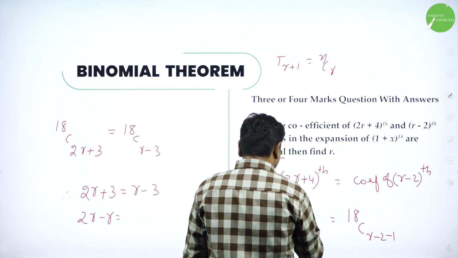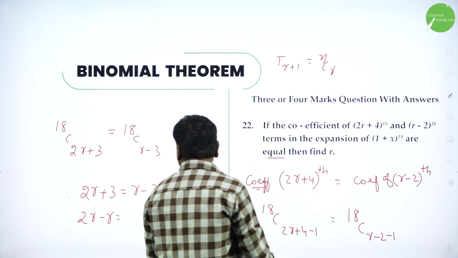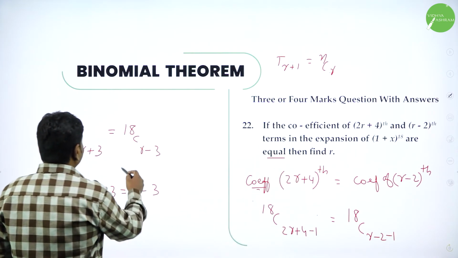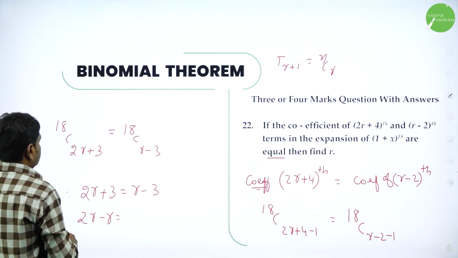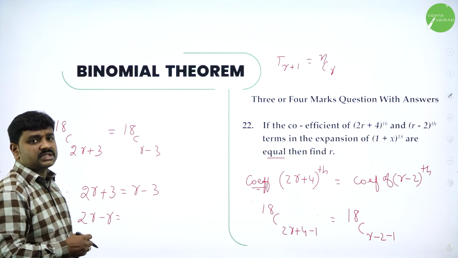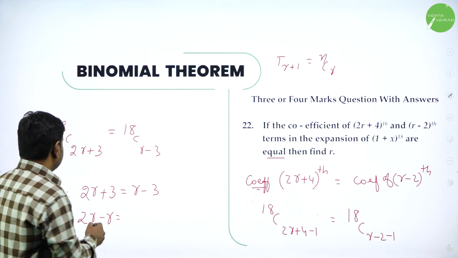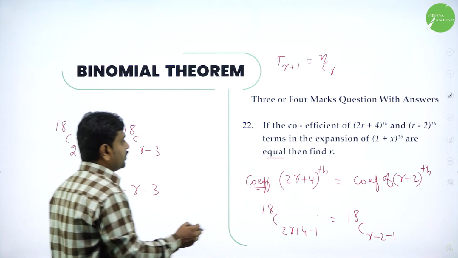This is 2r plus 1, 2r plus 4 minus 1. That is 2r plus 3. Yes, 2r plus 3 is equal to 18cr. So all of you know nCx is equal to nCy means n is x plus y. So 18 is this, or instead of comparison, see here,